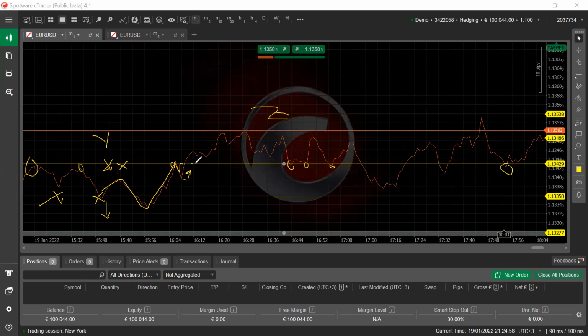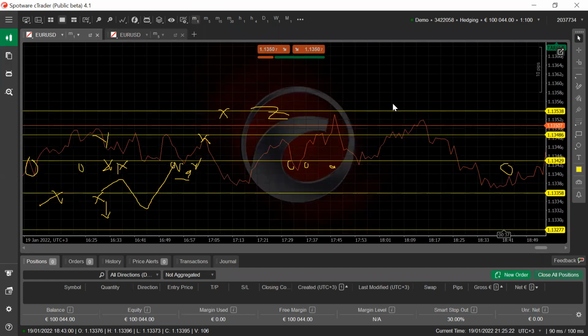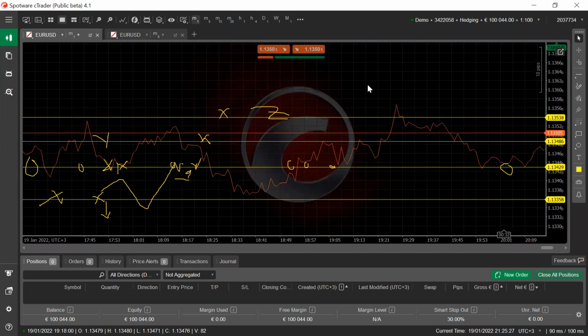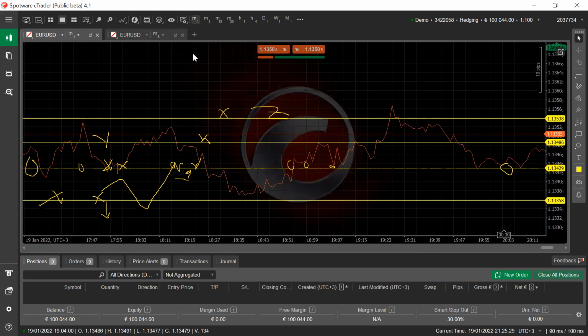So you use these lines as your guide. The only way you will know what I'm saying is when you start practicing. And most of it is intuition. Itakuwa intuitive because utaona vile market inaenda. The market will just be playing around those areas, and you can buy and sell and so on based on those areas.